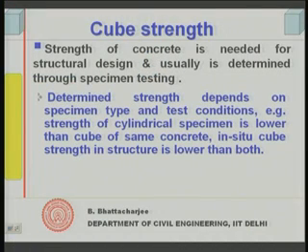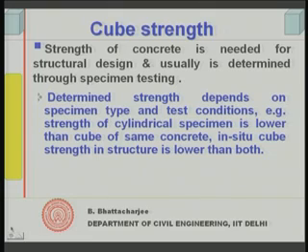So, how to determine the compressive strength? What should be the kind of samples one can use? That is the first issue, right. So, we have to do some sort of specimen testing, and through that we find out the strength of concrete. Now, in the United States they use cylinders 15 centimeter or 6 inch in diameter by 30 centimeter or 1 foot in height. Traditionally, that has been used as a specimen for measuring compressive strength,